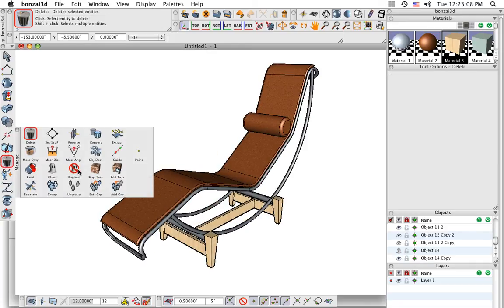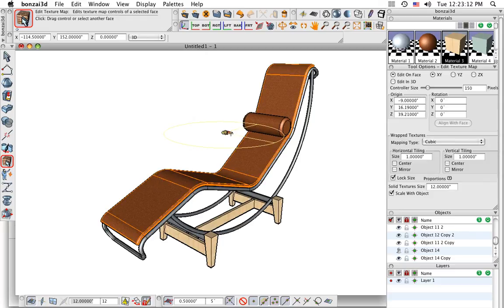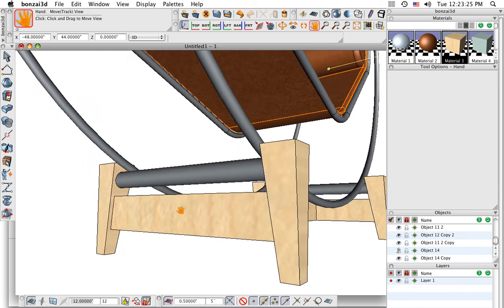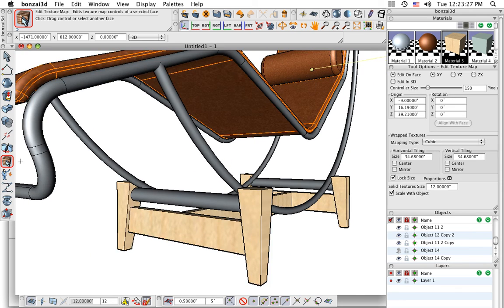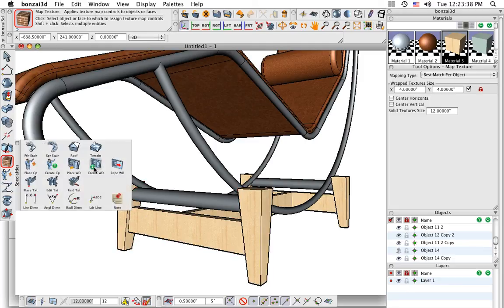on our object. So we have a nice tool here that allows us to interactively change the size and scale and orientation of our texture. So first I'm increasing the leather pattern a little bit to get a nice large leather pattern on here. And down here where the wood grain is on our object, you can see first of all it's not at the proper size and not the proper orientation. So let me first change the mapping style on here, and then also you can see that the wood grain